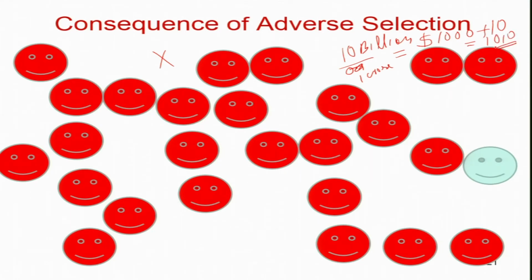So overall what you can see is that this market is now more with high risk people, and this is nothing but adverse selection. So we are going to see that this kind of market won't exist. Even this person will also think, why should I pay a $1,000 premium, because I am not using it. I don't need an insurance policy as such. I am feeling myself healthy. So this will actually be more with unhealthy people. That means it's adverse selection in the insurance market, right? So that means this market will collapse. This is called a kind of market failure in the insurance market.